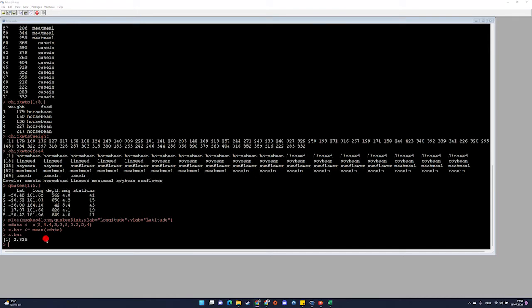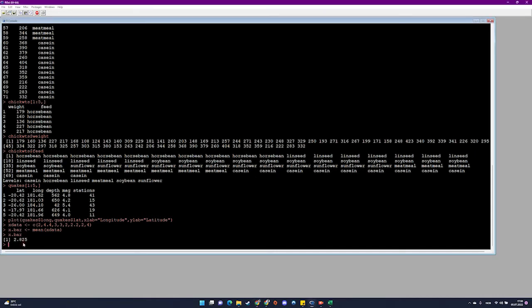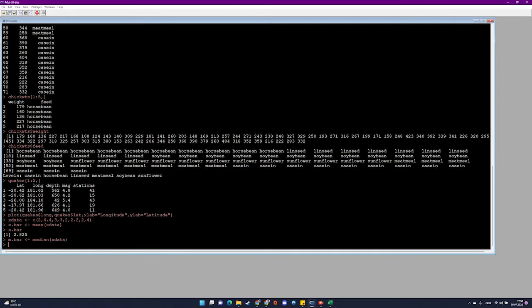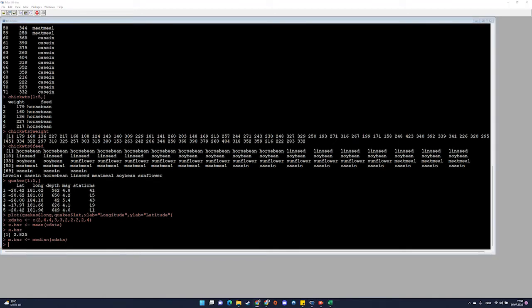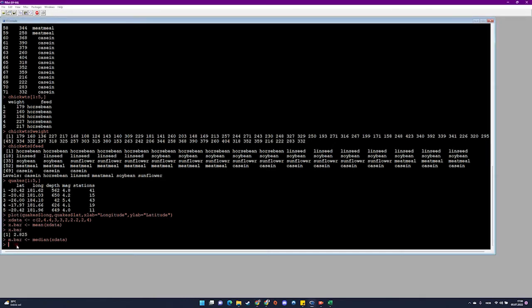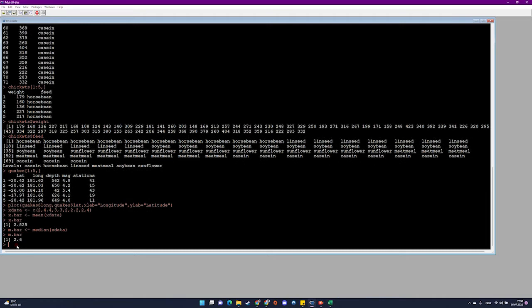In order to get the median, we call a variable m and compute the median, then call that variable again since we have already computed it. m bar, and we get 2.6, because we get the fourth and fifth middle values, add them, divide by 2, and that's the median. And for the mode,